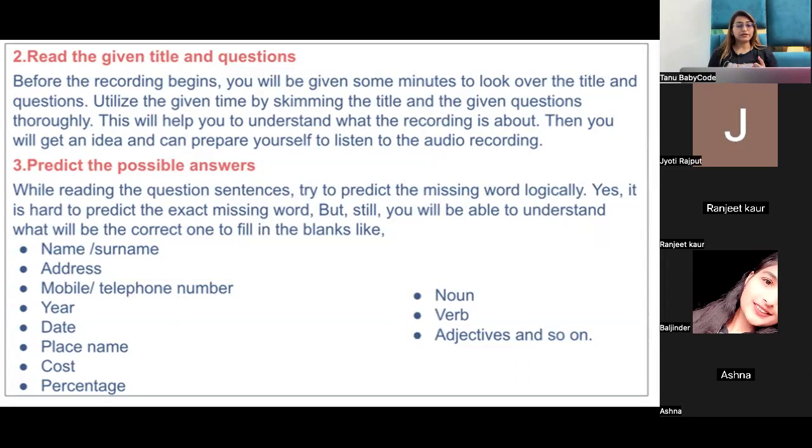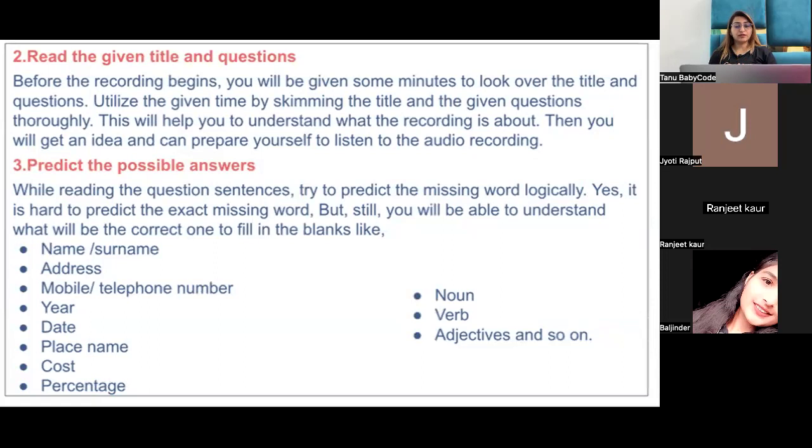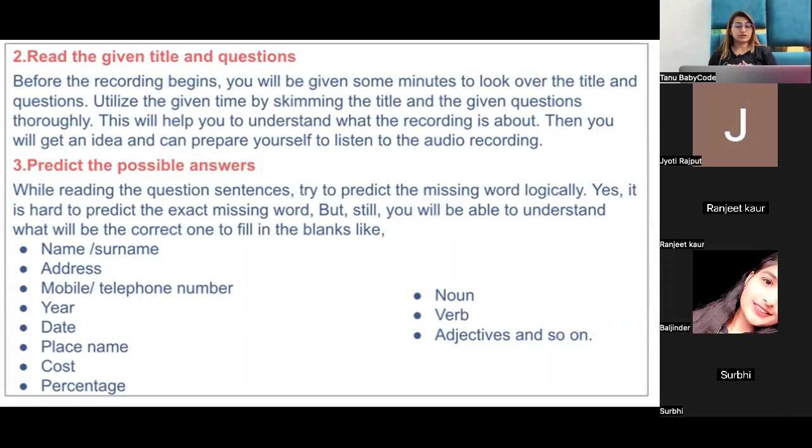रिकॉर्डिंग, राइट। थर्ड टिप इज प्रिडिक्ट द पॉसिबल आंसर। जब आपने क्वेश्चंस को रीड करा, अपने टाइटल को रीड करा, इंस्ट्रक्शंस को भी आपने रीड करा, अब आपको क्वेश्चंस रीड करते टाइम आंसर्स को प्रिडिक्ट करना है कि क्या यहाँ पे पॉसिबल आंसर आपका हो सकता है। सो जब भी आप क्वेश्चन सेंटेंसेस को रीड करो, try to predict the missing word. उस ब्लैंक को प्रिडिक्ट करो कि what can be the answer here, राइट। I know it is hard to predict the exact missing word, आप एग्जैक्टली नहीं प्रिडिक्ट कर सकते, but still you will be able to understand what will be the correct one. एक आइडिया मिल जाएगा आपको कि यहाँ पे नेम आएगा, एड्रेस आएगा, टेलीफोन नंबर है, प्लेस का नेम है, परसेंटेज है, any noun, verb और एडजेक्टिव, राइट। So start predicting your answer so that जब आप ऑडियो रिकॉर्डिंग को हेयर करोगे, you will be focused on the relevant answer कि आपका आंसर यहाँ पे क्या रिक्वायर्ड है।